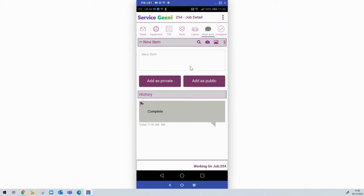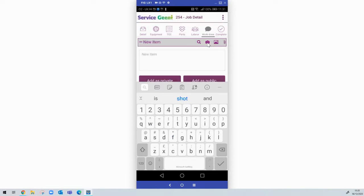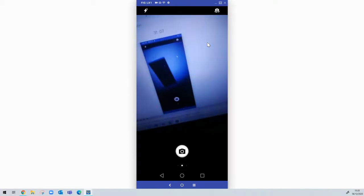I have a number of icons here, so I can attach documents to this job. If you have a smart piece of equipment that can link via Bluetooth to a mobile device, it might export a CSV file or something of that nature with some running data for that piece of equipment. I could attach that to this job. Alternatively, if I've already taken pictures, I can add those. Or, as I'm going to do in this instance, I can take a picture with the mobile device, give it a name, take the required picture,